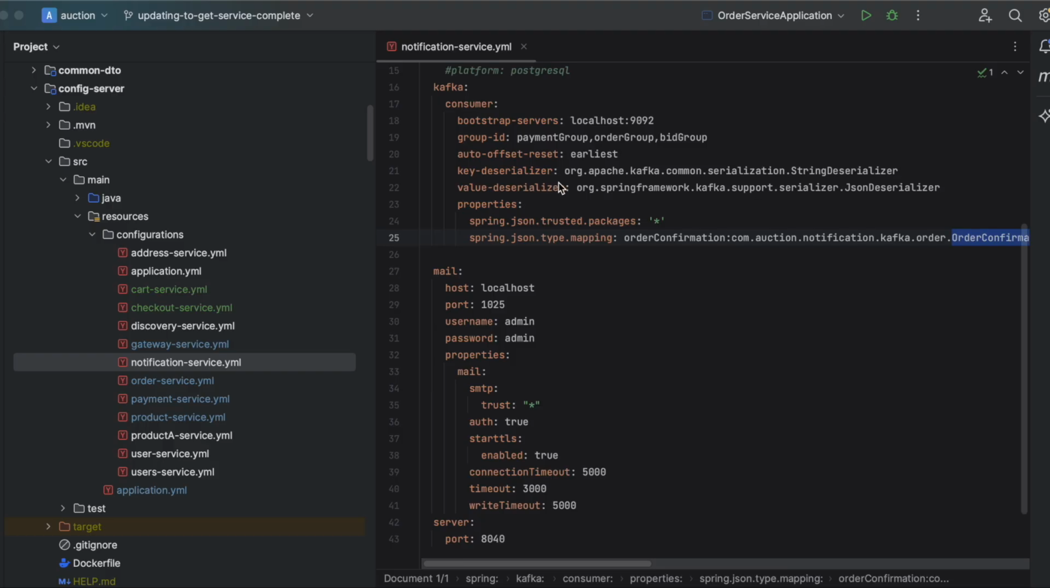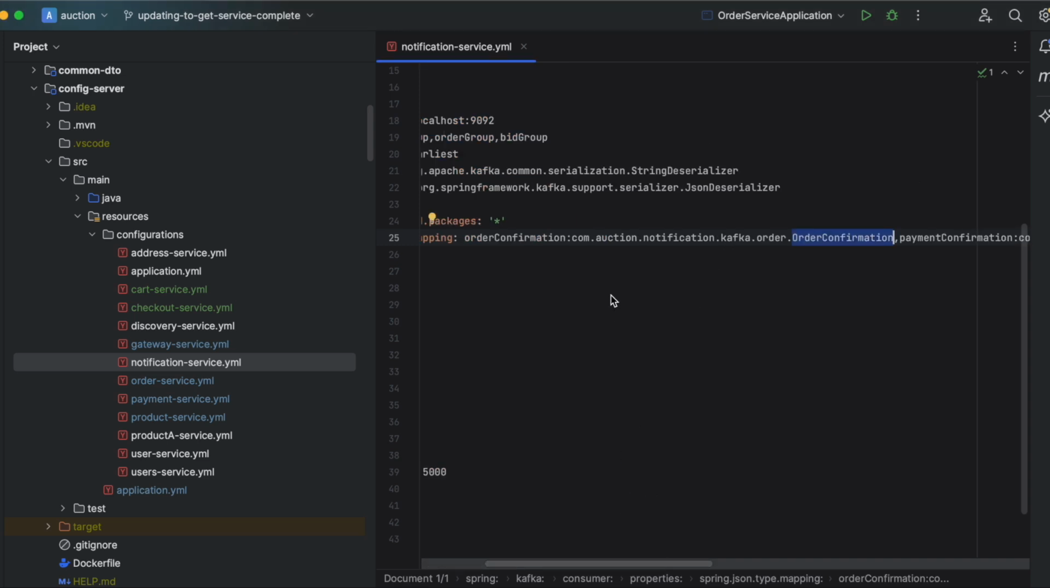Auto-offset-reset, then key deserializer, so notice here it is deserializer: org.apache.kafka.common.serialization.StringDeserializer, and then the value deserializer: org.springframework.kafka.support.serializer.JsonDeserializer. Properties: spring.json.trusted.packages: '*' in single quotes, and spring.json.type.mapping: order confirmation com.order, com.auction.notification.kafka